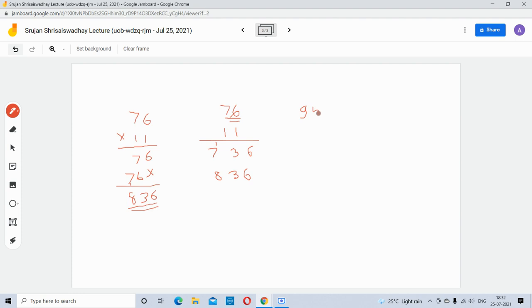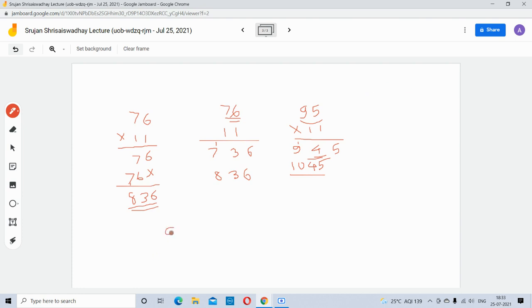Now let us consider that you are going to multiply 95 by 11. Simply write 9 as it is over here, 5 as it is over here, and 9 plus 5 is 14, so you add it in the middle. Your answer comes out to be 1045. This is how fast you can do it with multiplication. You simply add these two numbers together and write the result in the middle.